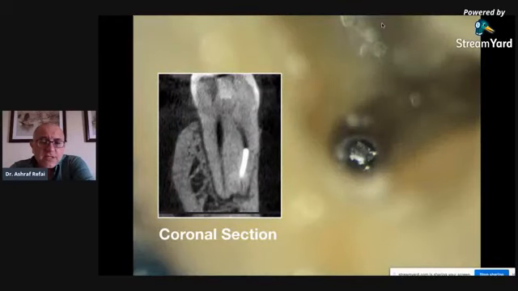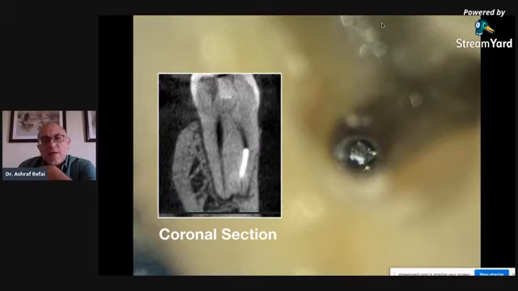And you can see this is the sagittal cross-section. That's the picture of the instrument segment inside. This is after enlargement coronally a bit, so that I could view the fractured segment. And you can see its position, and from the coronal section of the CBCT, you can also see that it's generally in a not so curved canal. The canal is curved in the buccolingual dimension, but it's quite straight in the mesiodistal dimension. But still, as you can see, I can see all the periphery of the instrument.